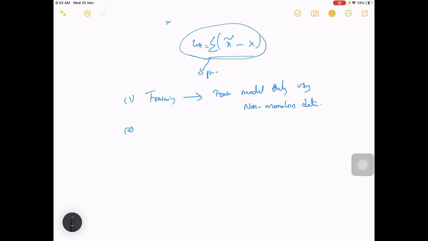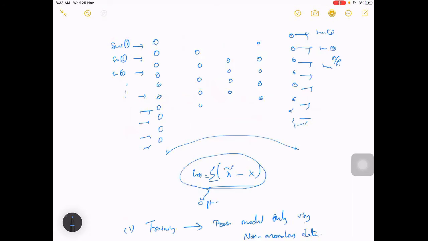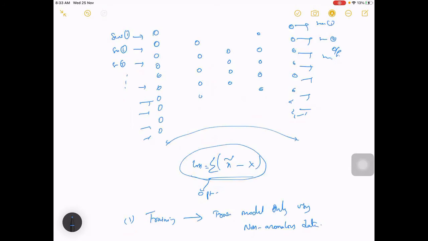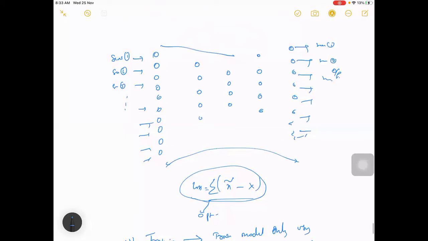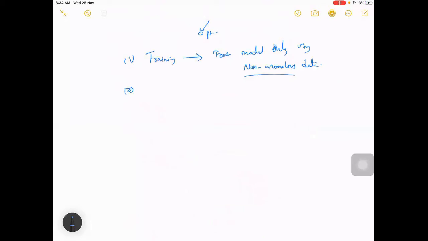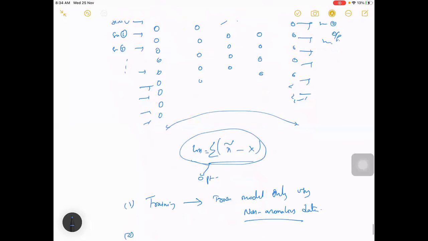After doing that, your model is now ready. It has seen how your sensors will behave, it has learned how to extract features, and it has also learned how to reconstruct back to the same input. And it has learned this only for non-anomalous data. In case you give some different kind of data, it can't reconstruct it because it has learned only